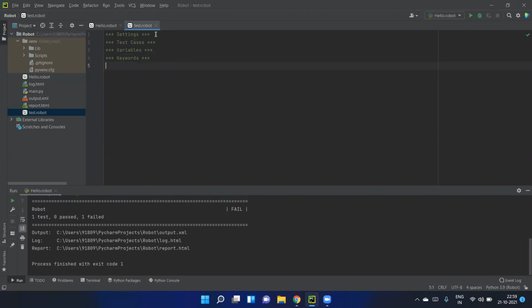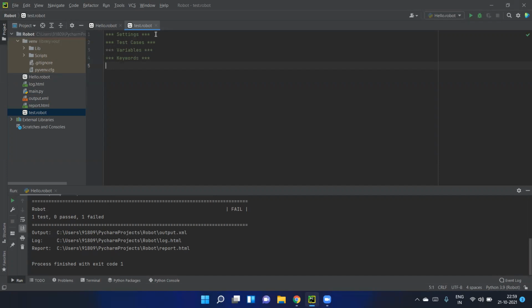So what are those settings? Generally, settings will be the part where you will mention the libraries and the documentation and the metadata about your robot file. In simple terms, you will not be writing all the code by yourself. There might be a chance that another developer has developed something and you are going to use that, or you might be using the already built-in libraries from the robot framework itself. So you will be mentioning the list of libraries here, and the documentation about this .robot file, and you will be mentioning some metadata if required.